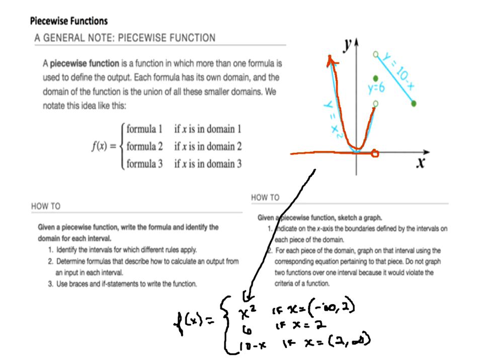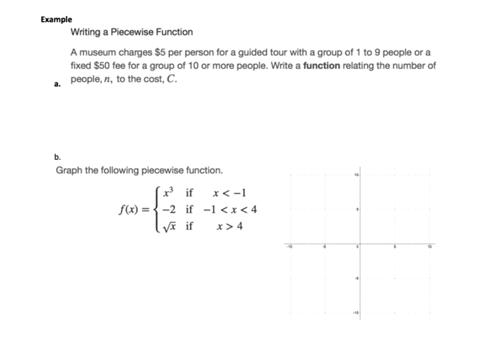So let me stop here and ask, does that make sense? What a piecewise function is, how you determine what expression you're going to be using to graph that piece of the function. So you've got different domain rules that apply for each expression. Cyprian, is that okay for you so far? We've got 1 slide left. Okay, very good.